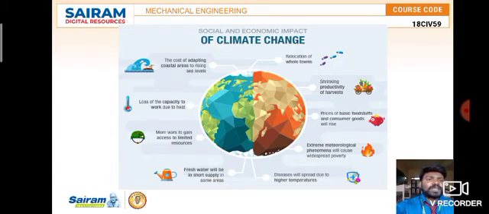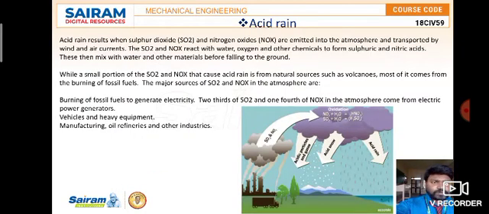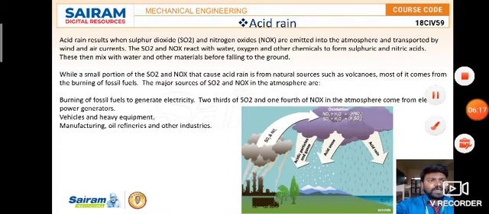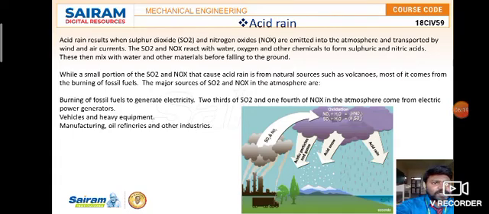So these are the two impacts, right? Social impact and economic impact. Now coming to acid rain, so much information is given. In a very simple way, if you want to explain this, there are oxides of nitrogen and hydrogen. So combined with each other, sulfur dioxide, oxides of nitrogen, and